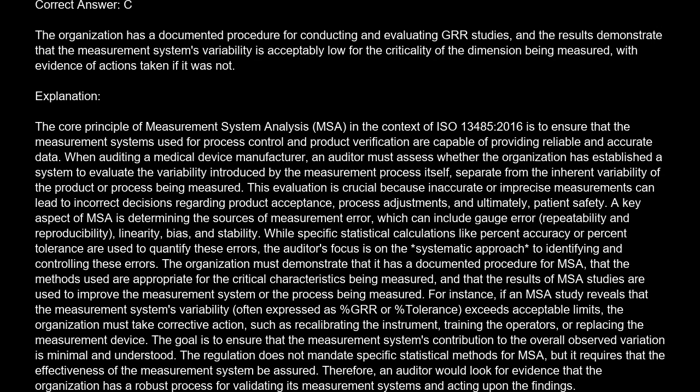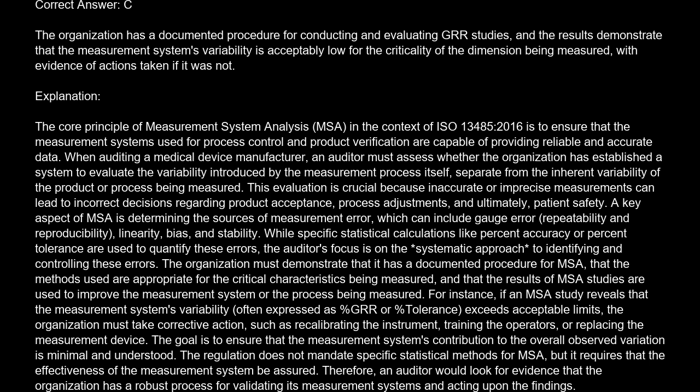The correct answer is C. The organization has a documented procedure for conducting and evaluating GRR studies, and the results demonstrate that the measurement system's variability is acceptably low for the criticality of the dimension being measured, with evidence of actions taken if it was not. Explanation: the core principle of measurement system analysis, MSA, in the context of ISO